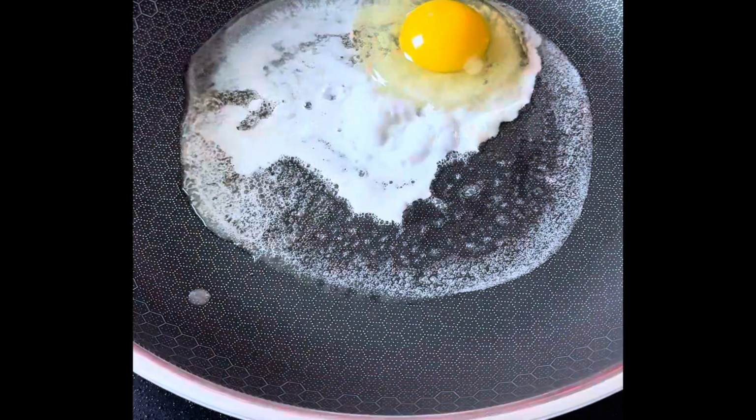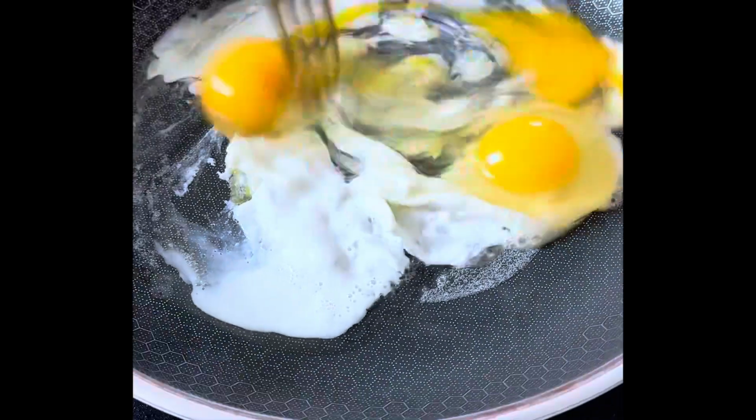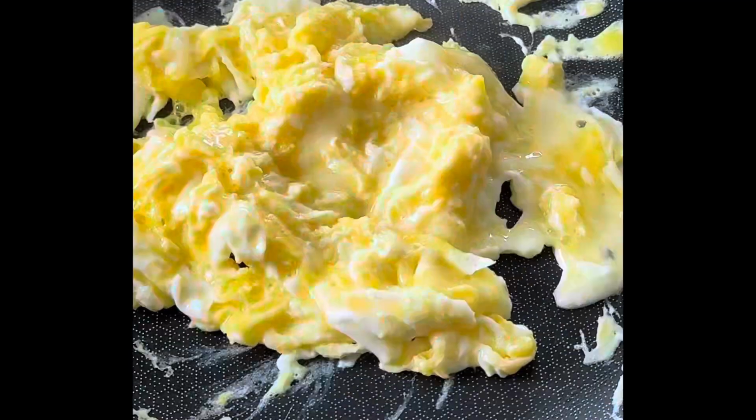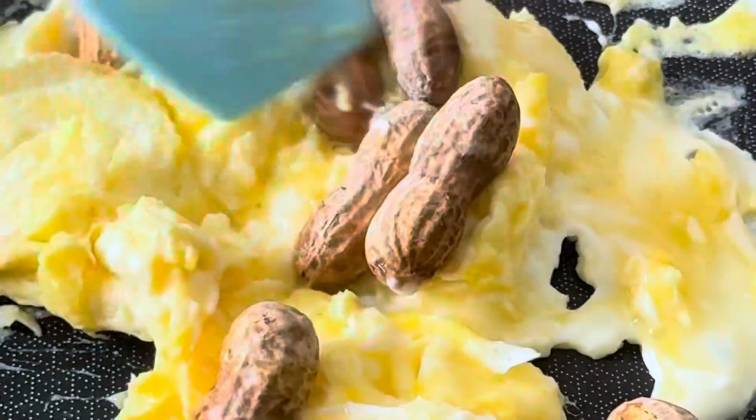I heated some butter in a pan. This is a Hex Club pan. And then I added my scrambled eggs. Usually I scramble them before adding them to the pan, but I was so short on time, I just plopped them in. The key with scrambled eggs is to keep pushing them around the pan and don't let them sit